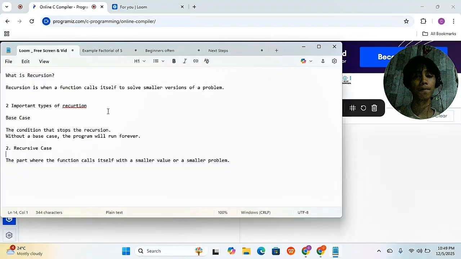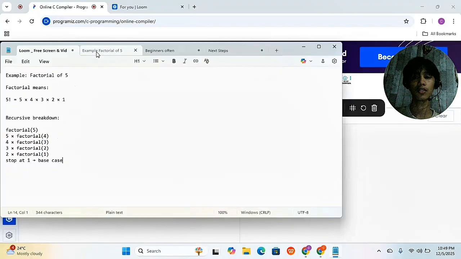Factorial of 5 means 5 times 4 times 3 times 2 times 1. This is the breakdown, and it will eventually stop at 1, meaning this is the base case.